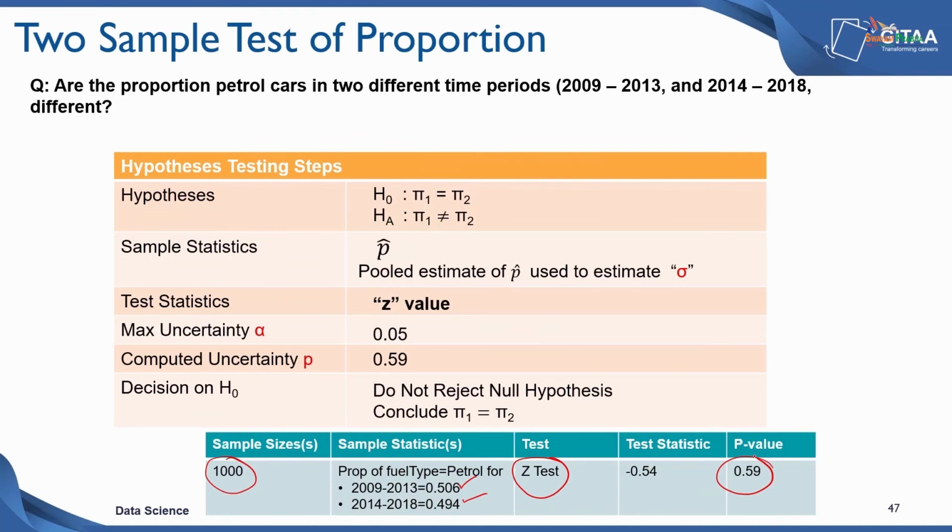So we've gone through 4 examples: a one-sample test for proportion, a one-sample test for mean, a two-sample test for mean, and a two-sample test for proportion. These 4 tests, along with the F test that we did, broadly cover a large proportion of the significance tests and hypothesis testing that gets done.